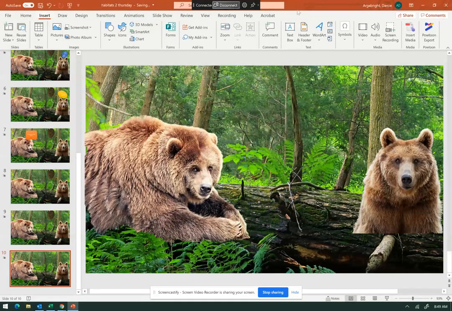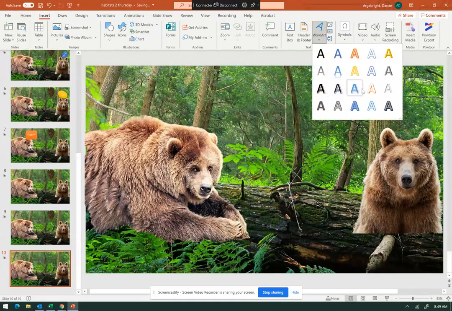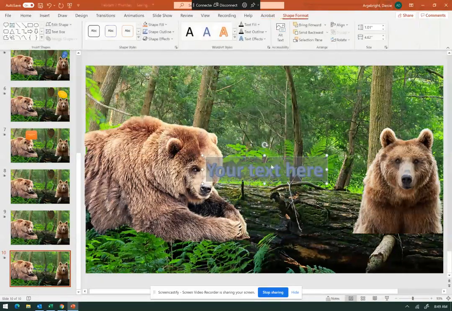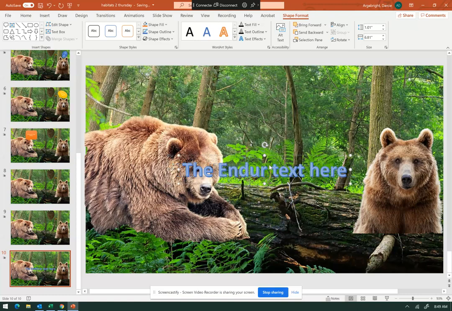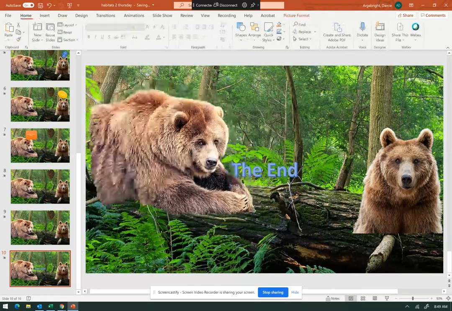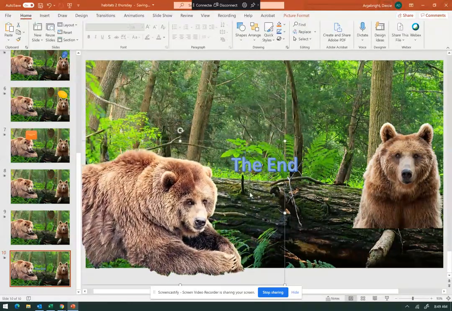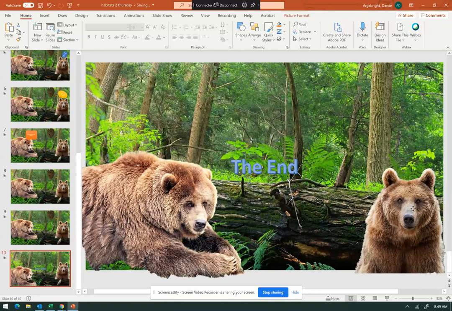So let's insert what they call word art. Word art's fun to use. And so we're going to write the end. And I'm going to actually hit delete and get rid of the other words. And that's the end of our what? Story. When your story is done and you like it, there's one last thing to make it really look like